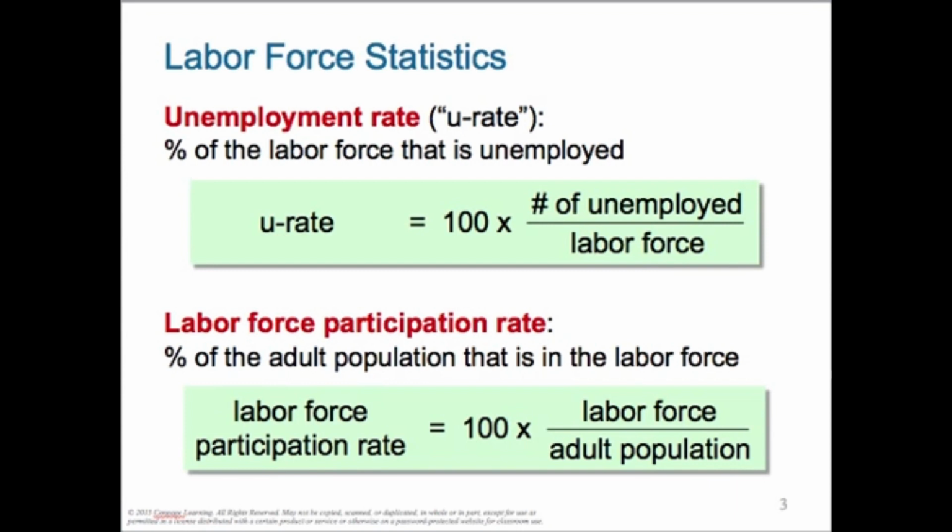Now, the labor force participation rate is the percent of the adult population that is in the labor force. So those 16 and over that are actively looking for jobs and perhaps don't have them, or actually actively working a job. So again, the labor force are those that are employed and those that are unemployed but looking for work. So the labor force participation rate is the percent of the adult population that is in the labor force. So again, the labor force divided by the total adult population over the age of 16, multiplied by 100